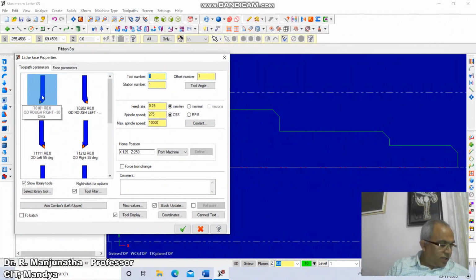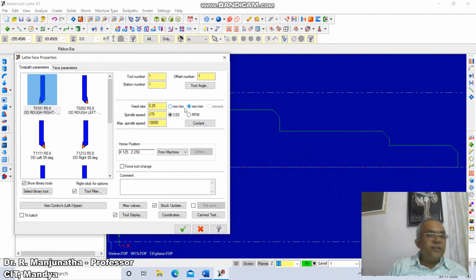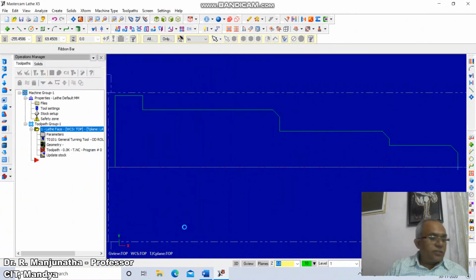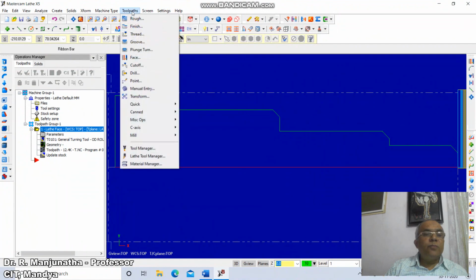So click on OD rough right of 80 degrees, I click on this and make it feed rate mm per minute. Then click on face parameters, click on rough step over as 0.5, 0.5, click on right tick to clear the dialog box. So this is the facing operation, what it does. Again click on tool paths, click on rough,